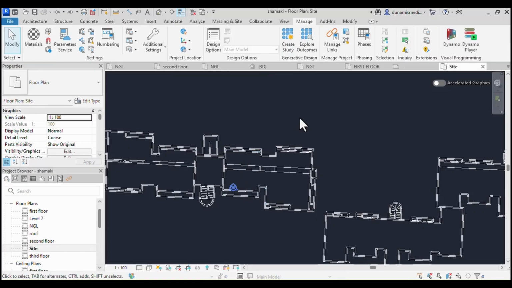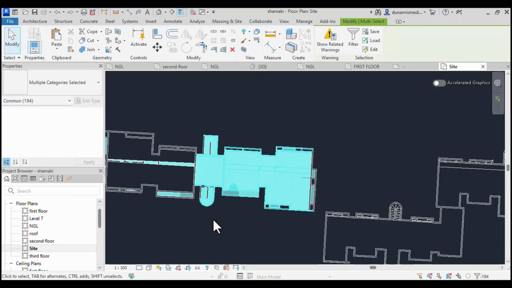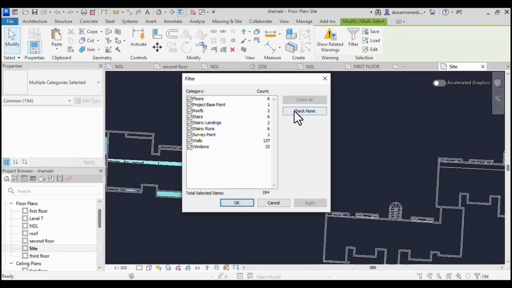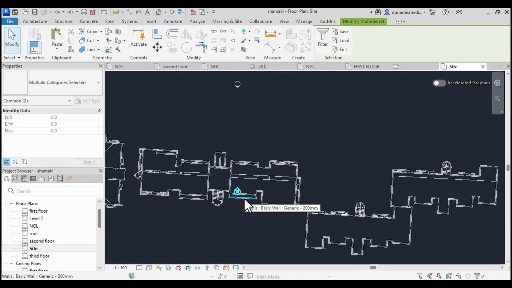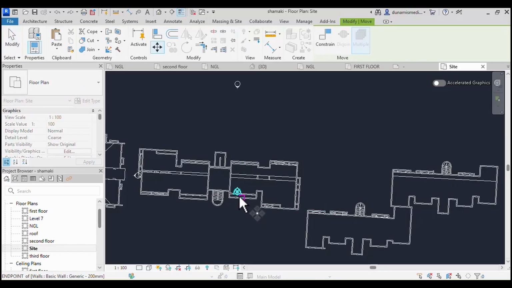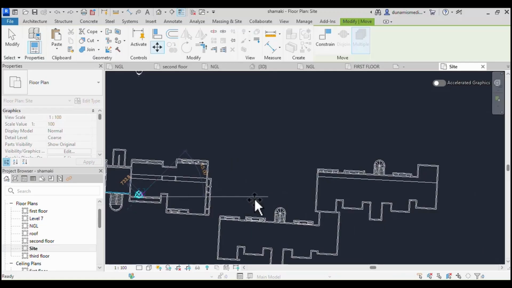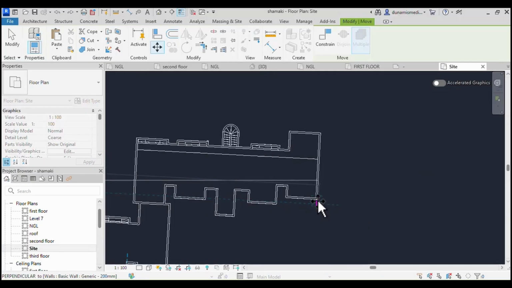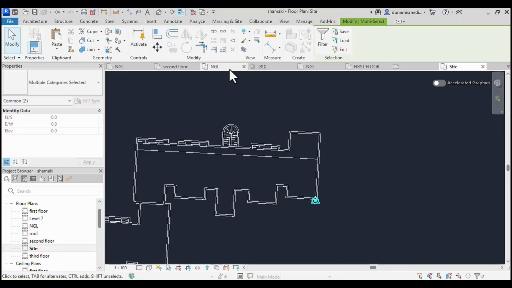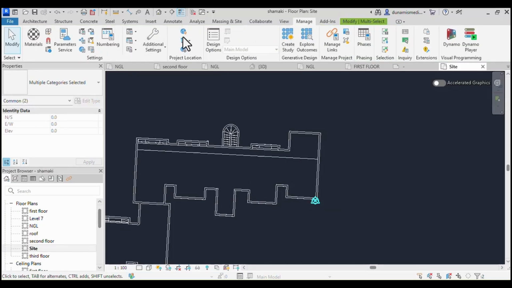But at this moment I'm just going to highlight everything, and I'm going to filter, and then I will check none, and then I'll select both the project base point and the survey point. It's not really necessary to select the survey point, but for this I will just select them together. So now the point that I've specified on the site, where I have the coordinates, is around here in the building, in the site. So now when you've done this, you come to the Manage tab, then you will click on